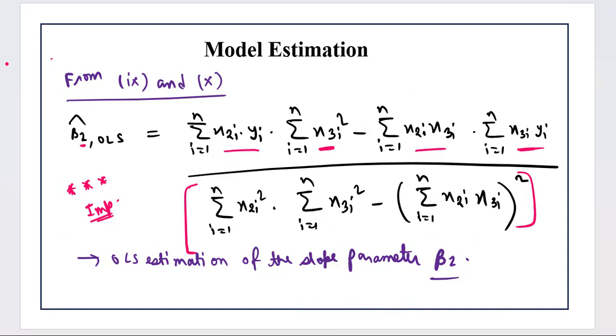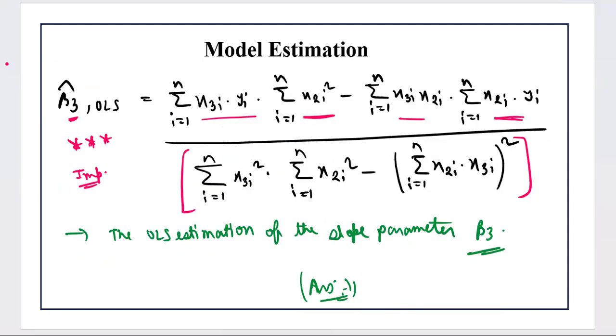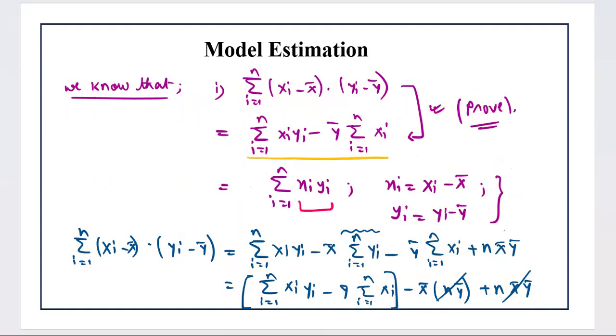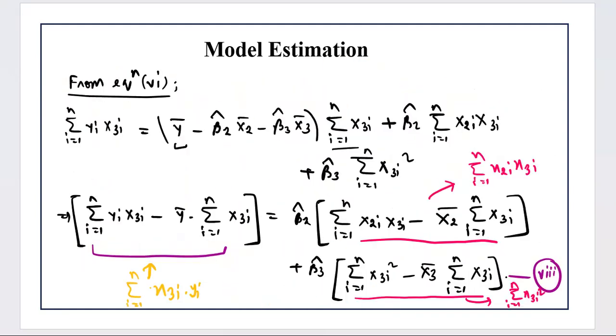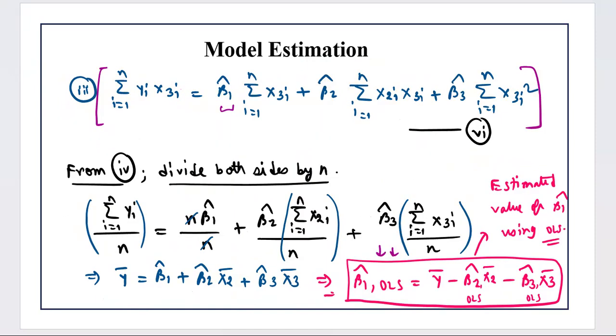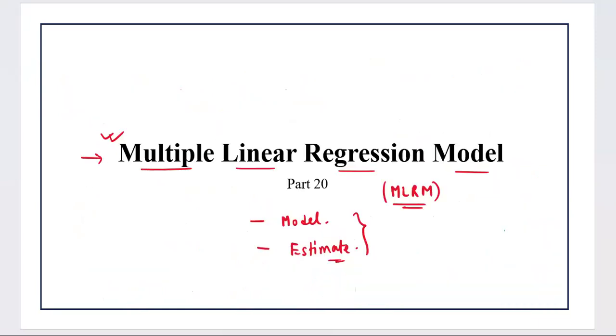And now when you have this beta 2 cap OLS and beta 3 cap OLS, you can go back to the intercept parameter. So let's go back to the intercept parameter here. See, in the beta 1 cap OLS, you have y bar minus beta 2 cap OLS, which is what we have derived, right? Then you have x2 bar, minus beta 3 cap, also what we have derived just now, and then x3 bar. And this is how you find out the intercept and the slope parameter using the OLS method